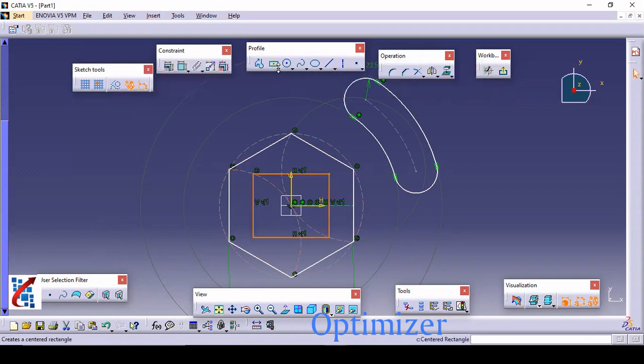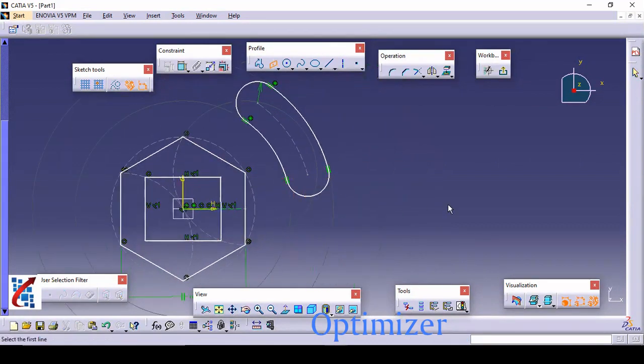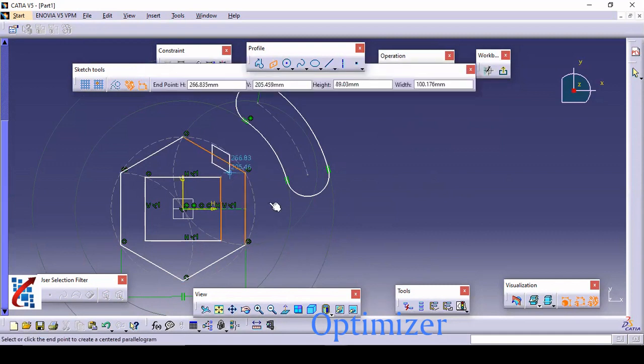Again, if you just see centered parallelogram here, all sides are at 90 degrees. So centered rectangle is useful for selecting any edge like this. Select the second line. Suppose we have selected the second line, and parallel to that, the centered parallelogram will open.